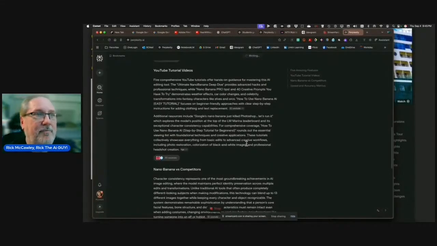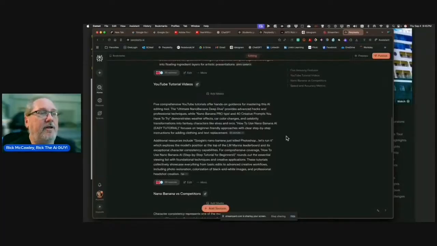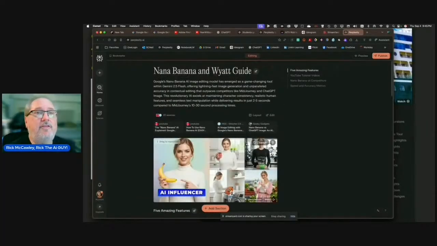And Nano Banana, its competitors. So it's still building this out, right? And then it will allow you to, if you don't like the pictures it uses, I actually love this one because that's exactly what it's for: you just have a picture of an influencer, and then you have that same influencer doing all these poses, wearing a black shirt.